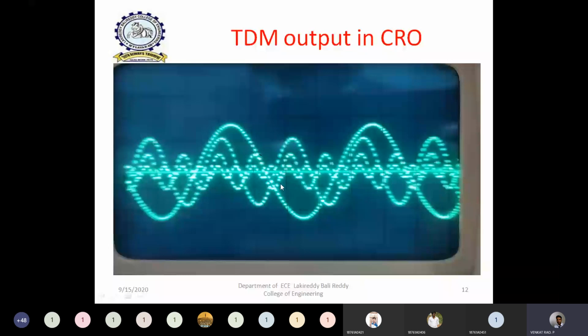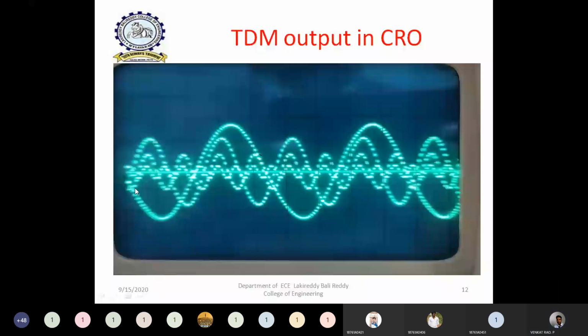The waveform contains the dotted lines. So, the dotted line indicates that all the waveforms are sampled. Only after sampling, all the four signals are mixed and multiplexed like this. One signal has a large amplitude, the second has somewhat less amplitude, the third has less amplitude, and then the fourth signal. Each signal has a different amplitude, and each also has a different frequency, so every signal has a different time period.